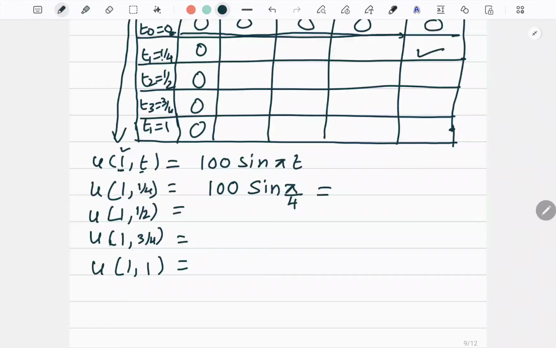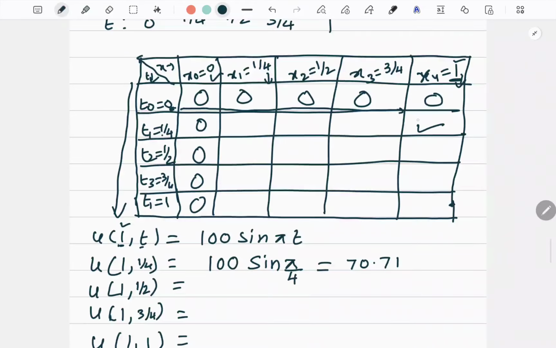Now when you use your calculator, either you do 180 upon 4, so that will give you a degree, and directly in the calculator you calculate that degree. And if you want to write pi, like shift and then that pi you want to use, make sure your calculator is in radian, not degree. But if you are doing 180 upon 4, then it is in degree. So you can directly calculate in your calculator. So you will get here